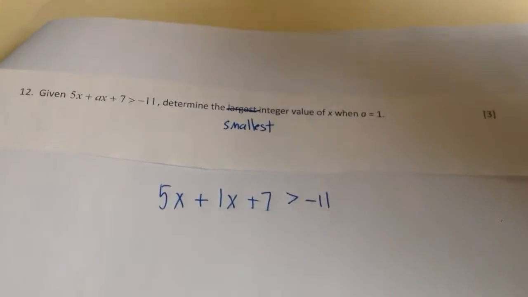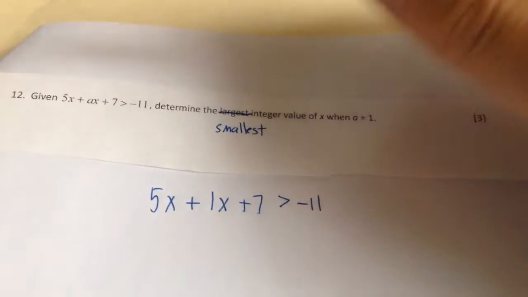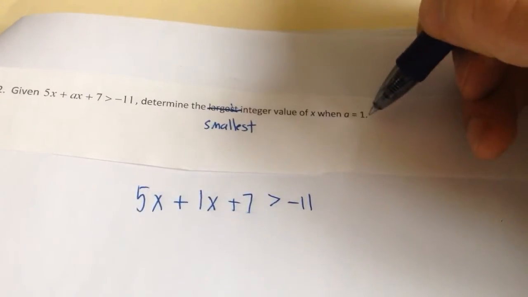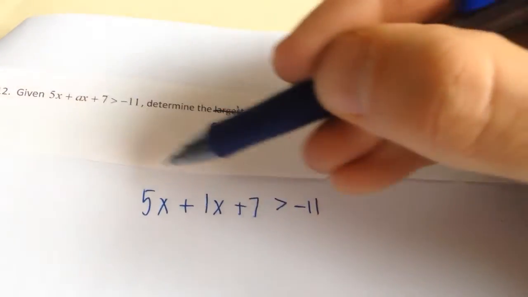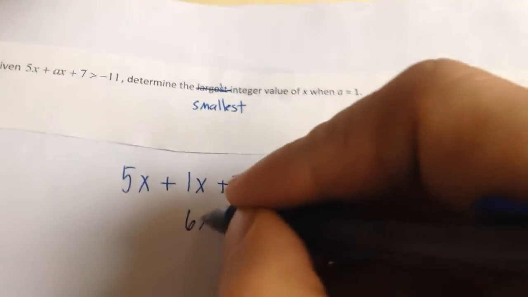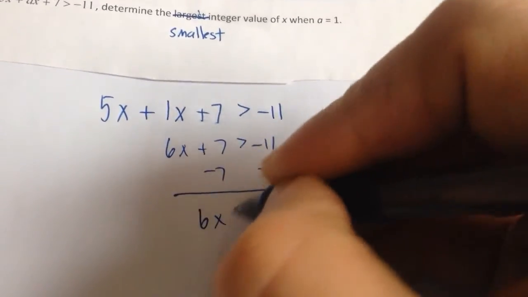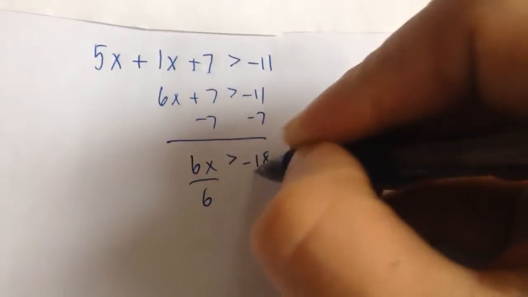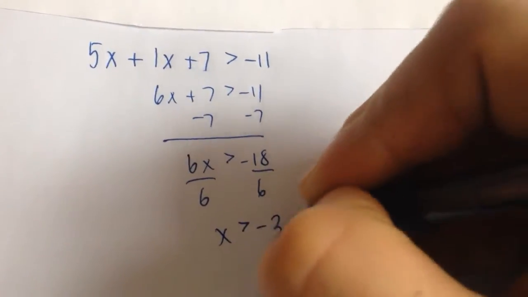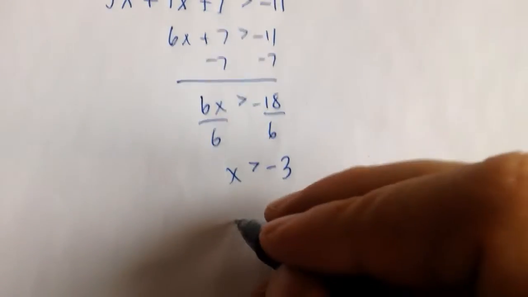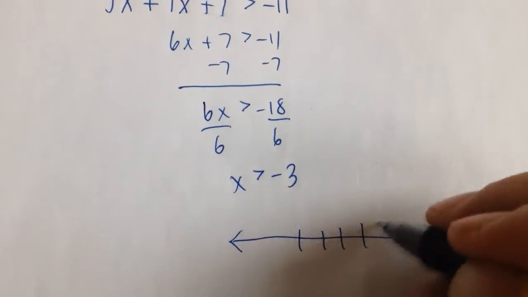For number 12, I believe I went over this question in class. I should have used the word smallest here. But anyways, when I plug in 1 for A, I get this inequality. And then continuing on to solve, I get x is greater than negative 3. So if x is greater than negative 3,